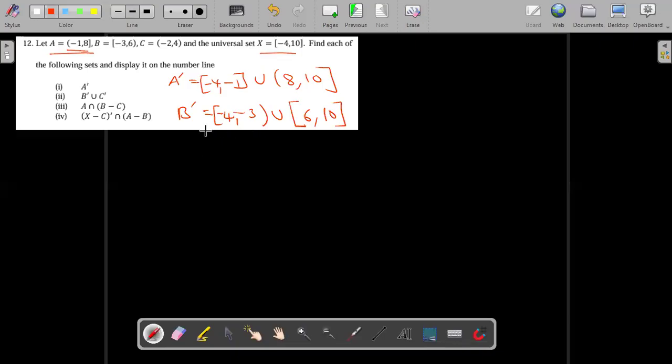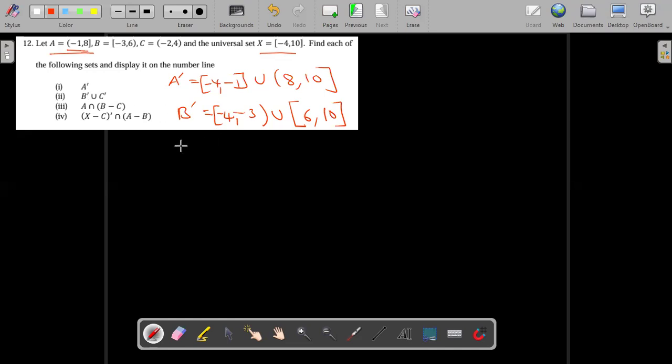Okay, so this is how you get your B complement. So B complement is just going to run from negative 4 to negative 3. Then union, you see the part where there's 6 to 10 is also going to be in B complement. Then